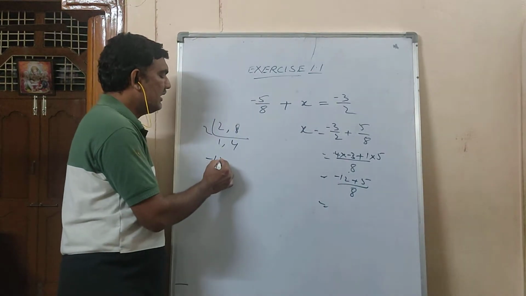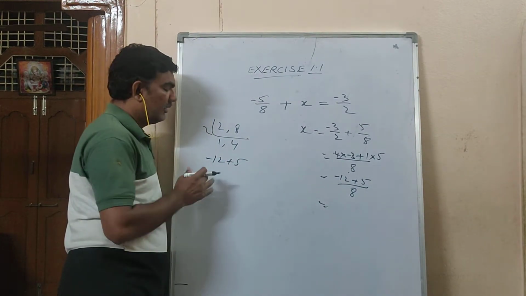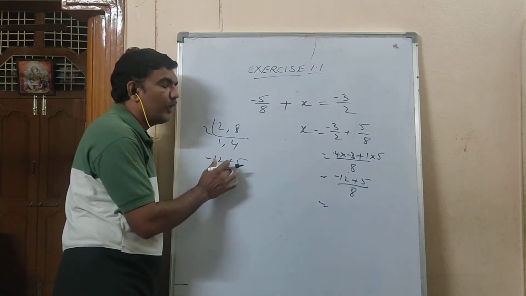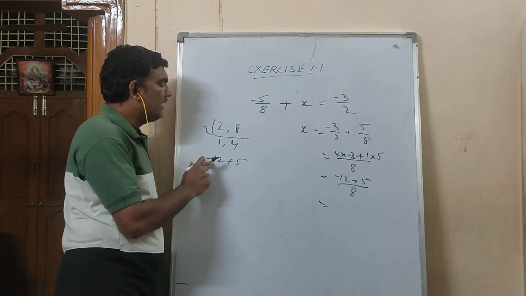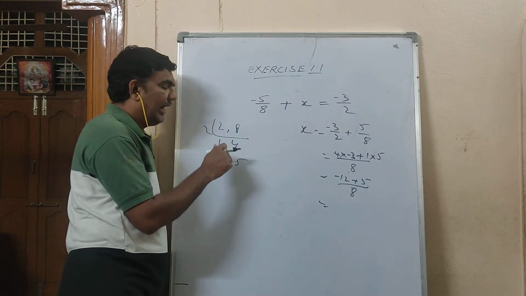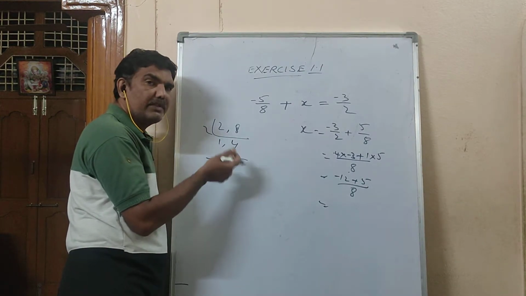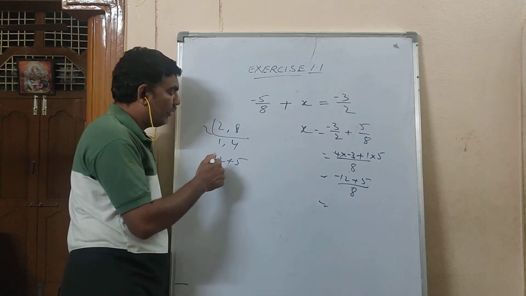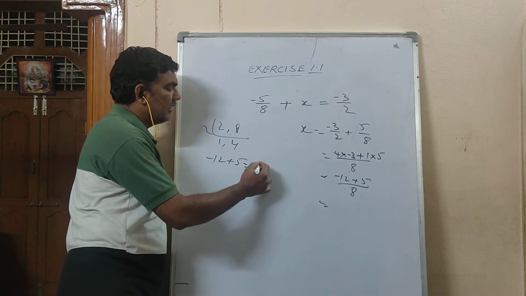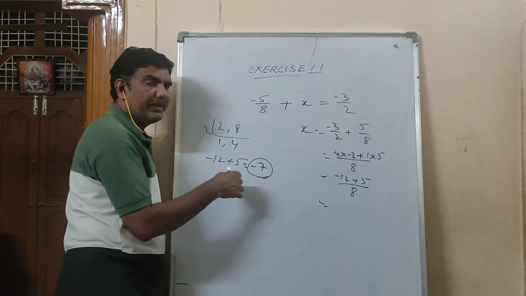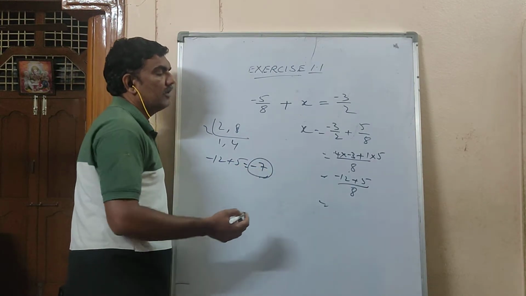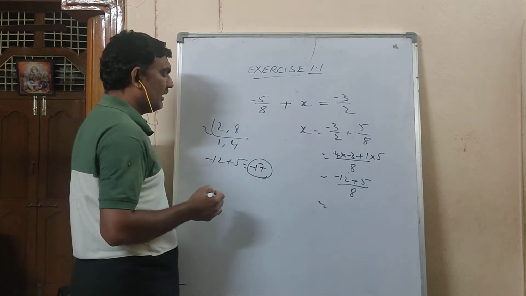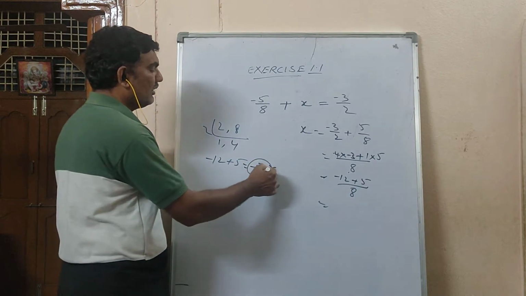Here, minus 12 plus 5. Suppose you have to give me 12 rupees and you have only 5 rupees in your pocket. I will take 5 rupees and say you still have to give me 7 rupees, so minus 7. But maximum students will write minus 12 plus 5 as minus 17. That is wrong.